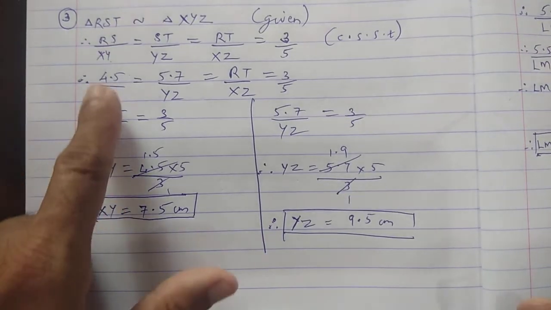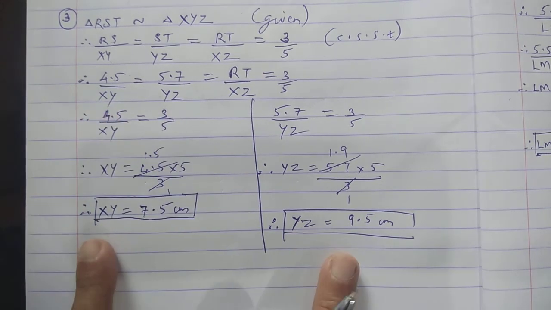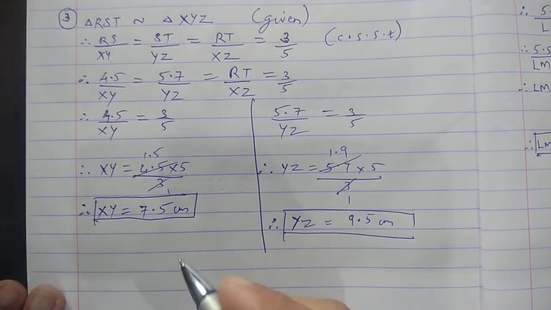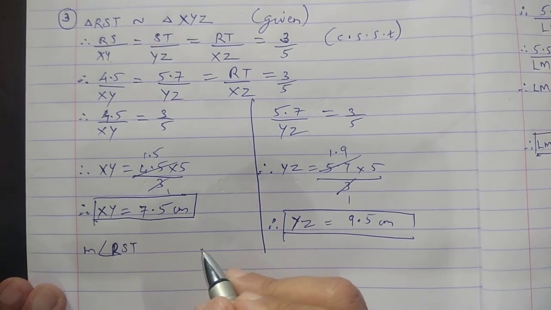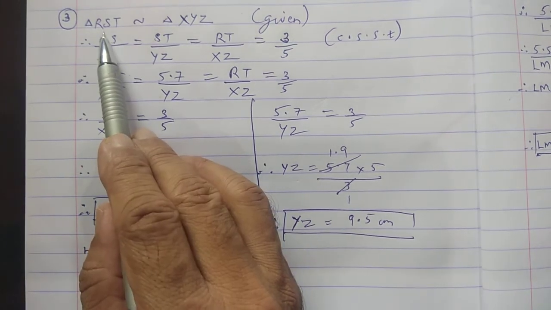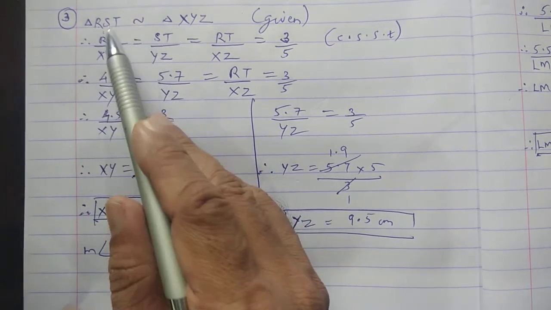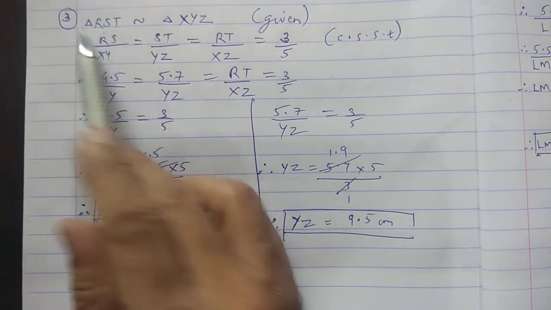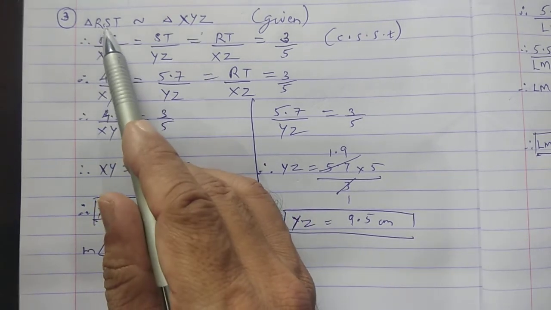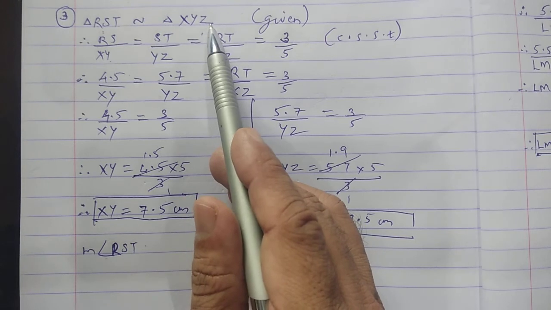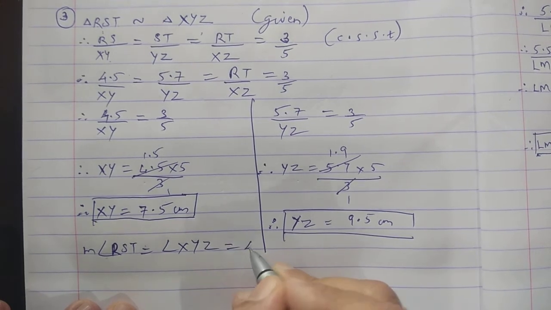Since two sides were given to us, RS and ST, we got the corresponding two sides, XY and YZ, which you can see here. Now one angle is given, measure of angle RST. It is given how much? 40 degree. So check the correspondence. Name of the angle is RST. If I take angle RST for this triangle, then it is equal to which angle here? Follow the correspondence. Correspondence here is angle XYZ. So angle RST is equal to angle XYZ equal to 40 degree.